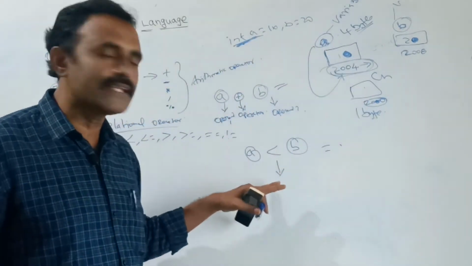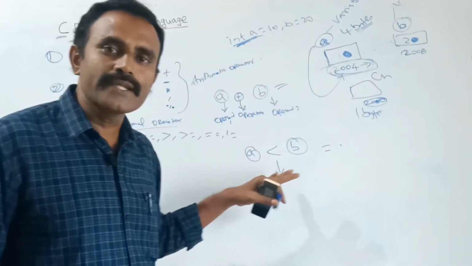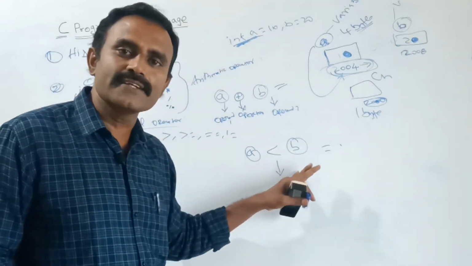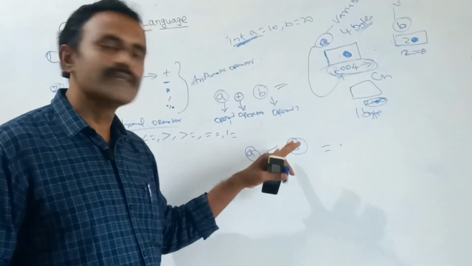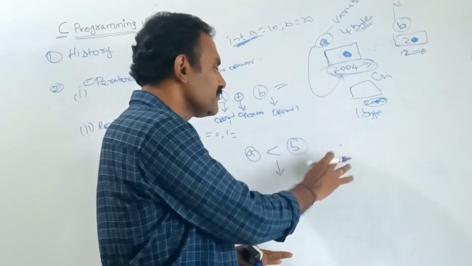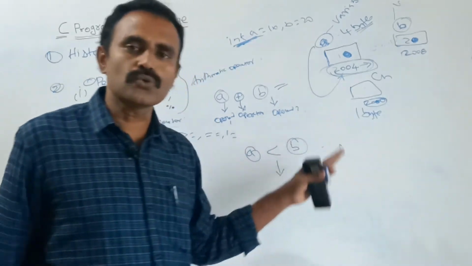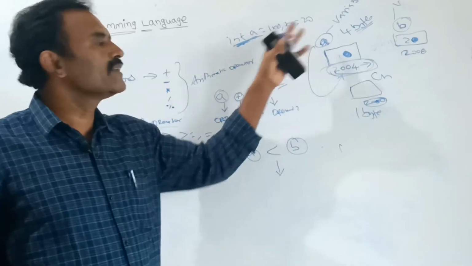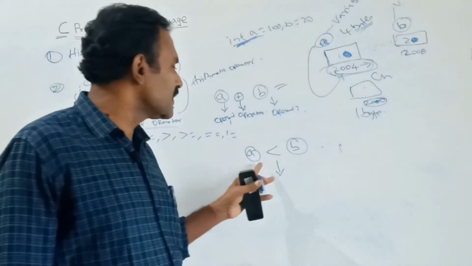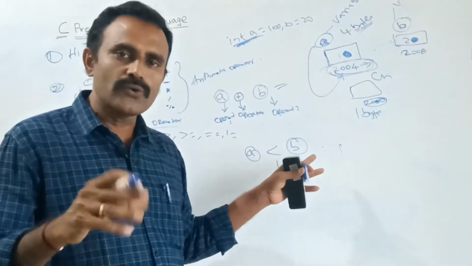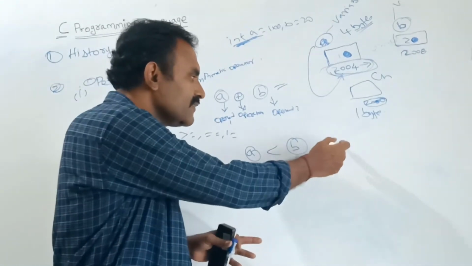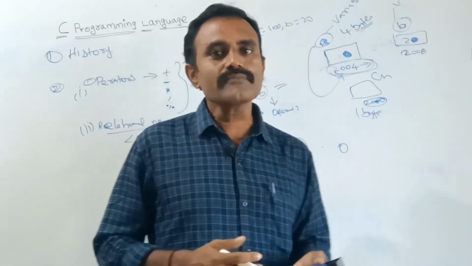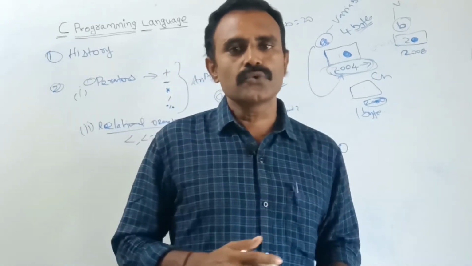Here, in the relational operator, I am checking two variables: a is equal to 10, b is equal to 20. Whether a is lesser than 20? Yes, this is true, so it will return the value 1, that means true. Suppose here I give a is equal to 100. I am checking with the b variable whether 100 is lesser than 20? No. So in this case it will return the value 0. So with the help of these boolean values we can match the two operands.